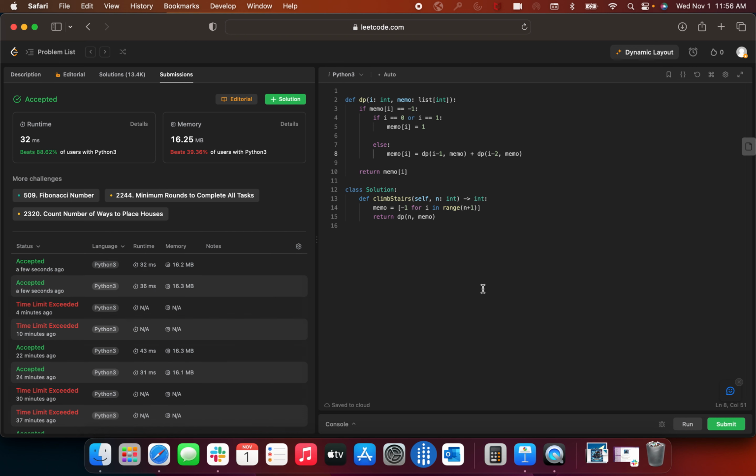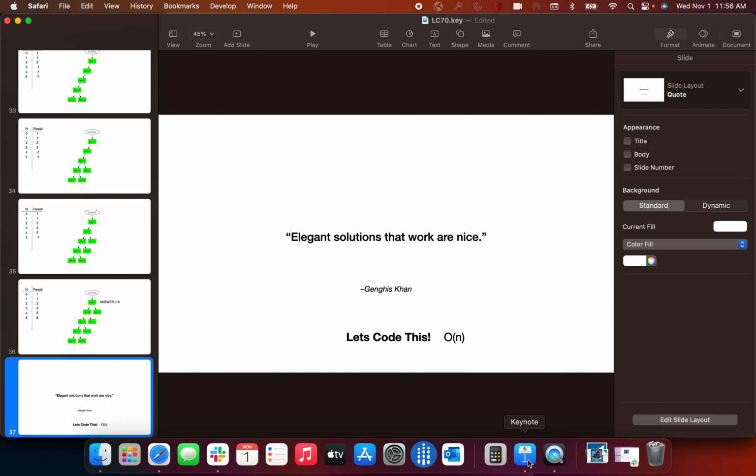Okay, and now the LeetCode gods are happy with it yet again. Okay, so now